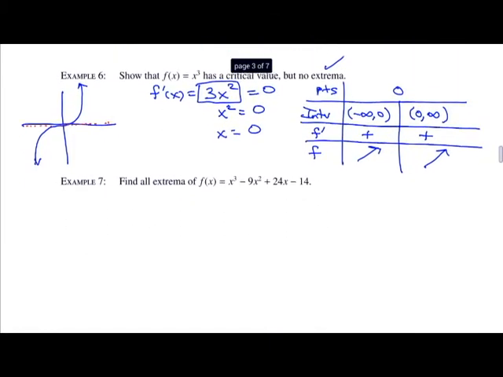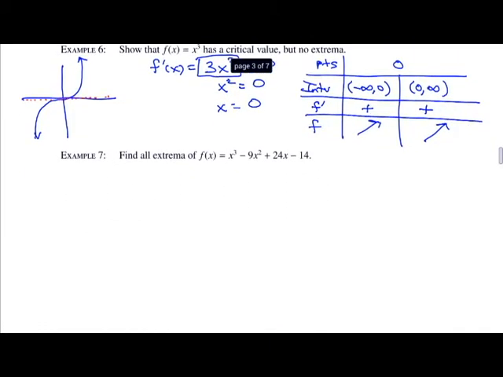All right, let's look at example 7. Find all extrema of f of x equals x cubed minus 9x squared plus 24x minus 14. So to find the extrema, we need to take the derivative. The derivative is going to be 3x squared minus 18x plus 24. This function is a polynomial, so it is defined everywhere. So to find the critical values, all we need to do is set it equal to 0